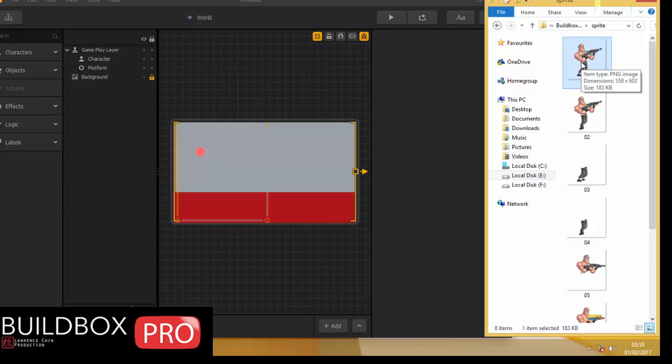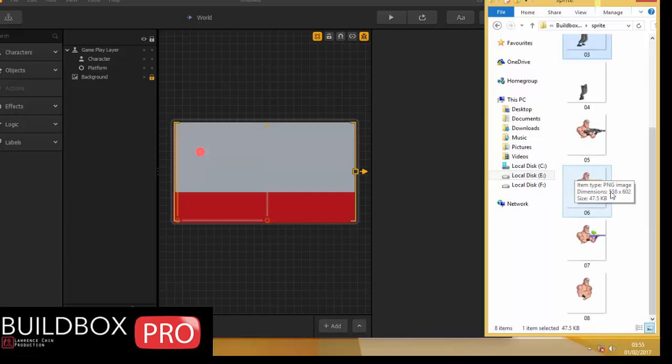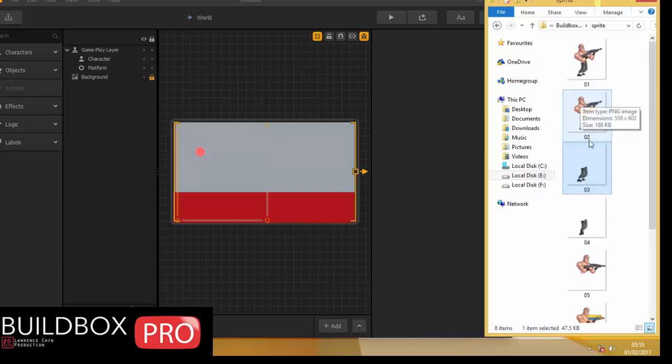So in the future, when you want to create a game similar to this one, make sure you prepare all the related images in the same dimension. For example, the feet itself is also the same size, 558 times 602. That's because whenever I put in this image number 5 as an action, it will automatically be placed in the proper position. Okay, I will show you